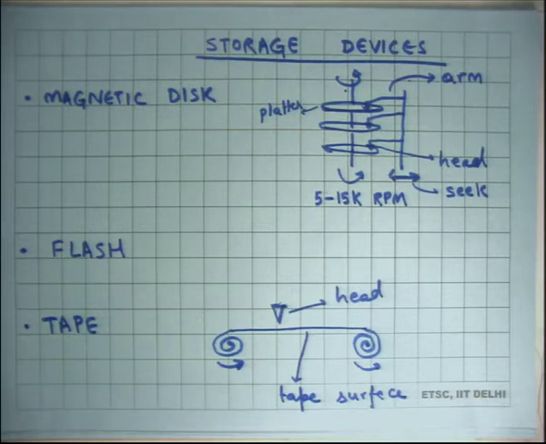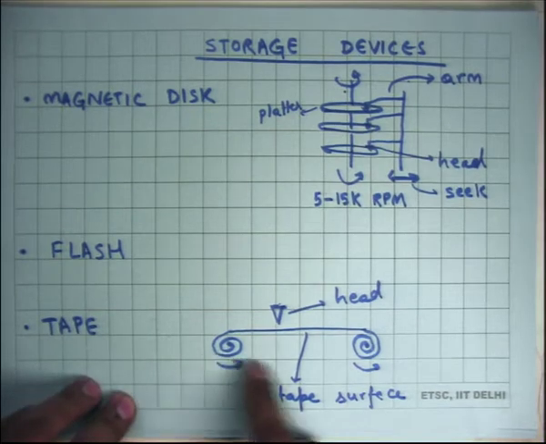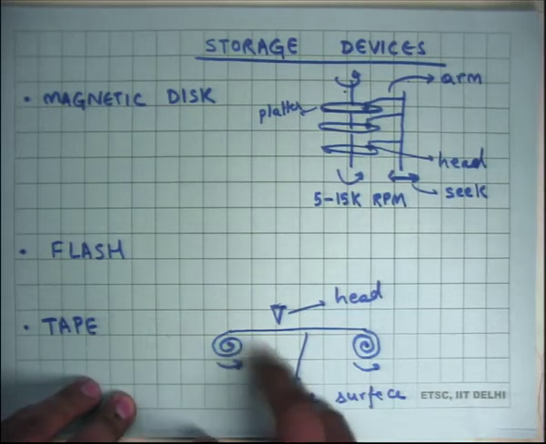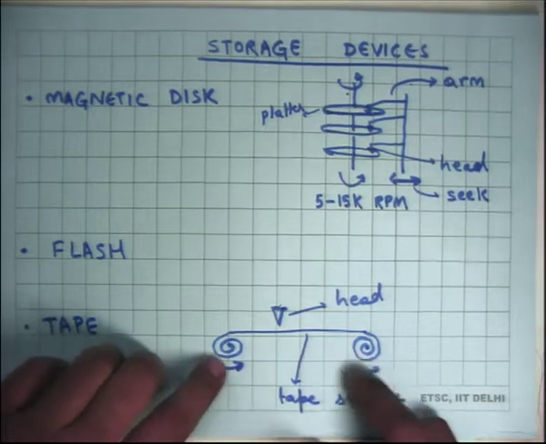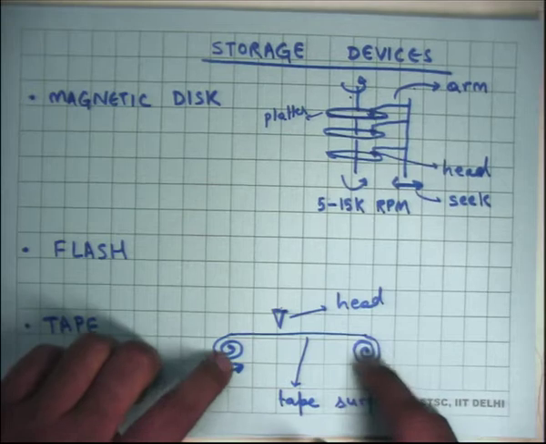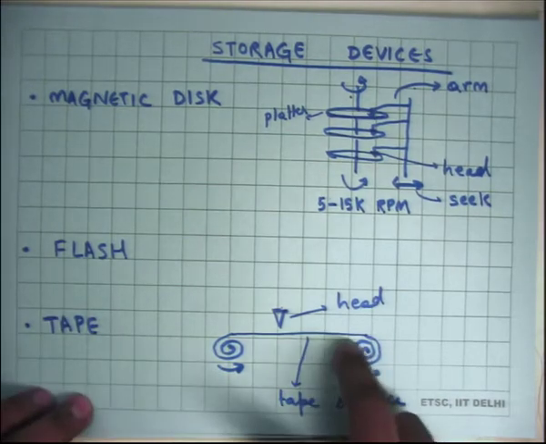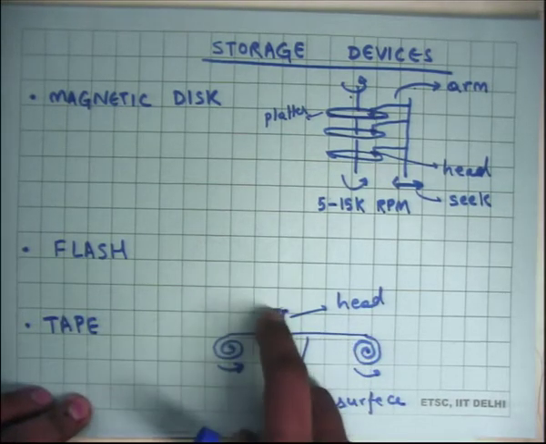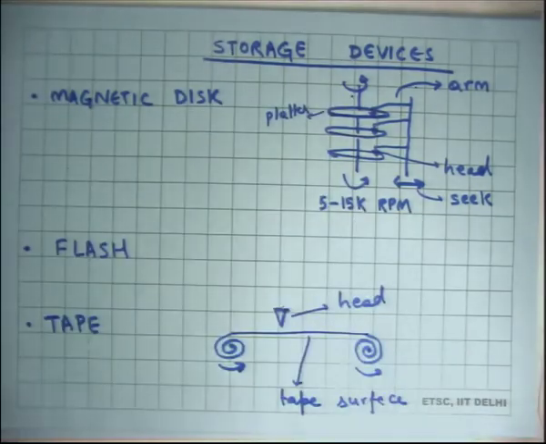And then there's this older storage device that was very popular in the earlier days, called tape. This tape is similar to a cassette player, if you've seen one. Basically, the tape moves: you wrap the tape around these spindles, and these spindles rotate in the same direction, so the tape moves like this, and there's a head that reads off the tape. Okay, all right.